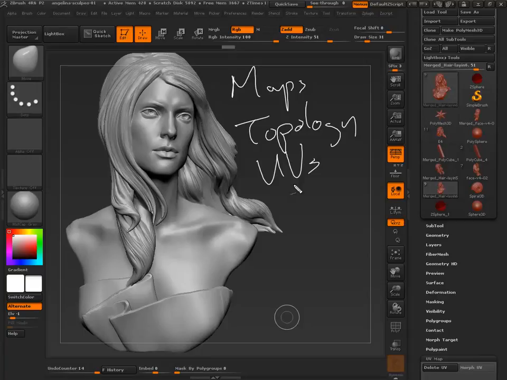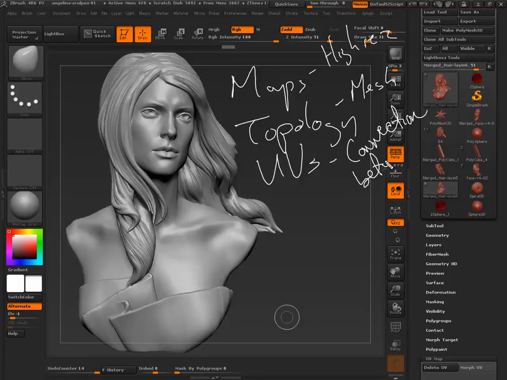These are really what we're getting out of ZBrush. We're getting topology, which is the mesh. We're getting maps that contain high-res info, and we're getting UVs that are basically the connection between maps and the mesh.